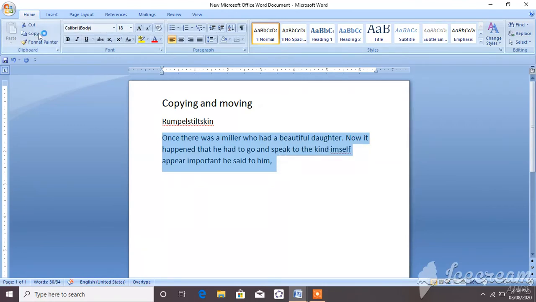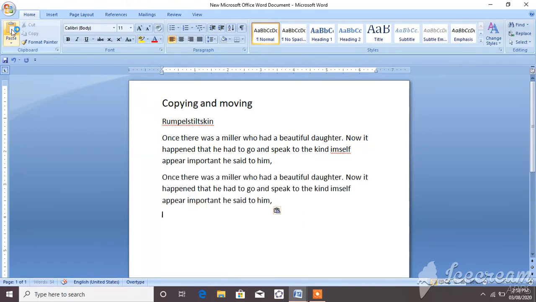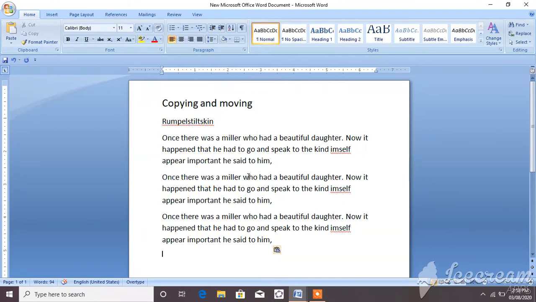Okay, now I will click on copy. I will go down and then I will click on paste. What happened? The whole paragraph gets pasted down. Means we get one more copy of that paragraph. Suppose I want one more copy, then again click on paste. Now I will get 3 copies of that paragraph.